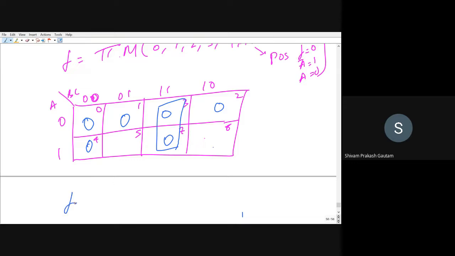And I can write the minimum expression as. Now see what is common. Row wise, is there anything common? No. Now see column wise. Column wise, what is common? Both are common, that is B and C. And B and C have value 1, 1. So 1, 1 means bar. So B bar, since it is POS form, plus C bar, multiplied by. This is done. Any doubt in this part?